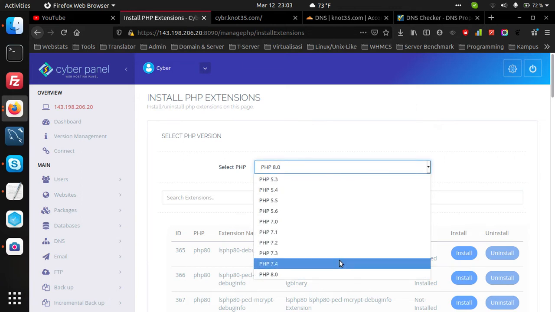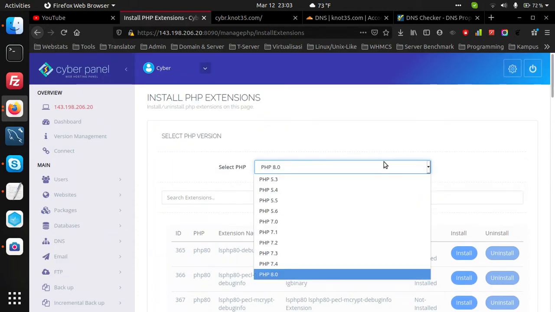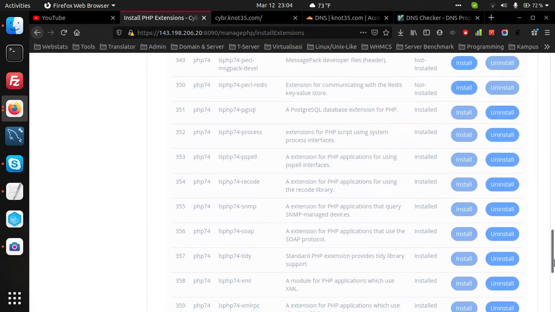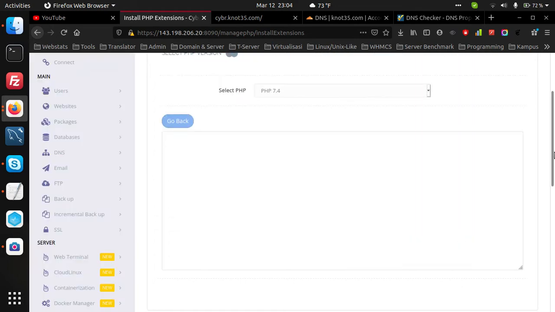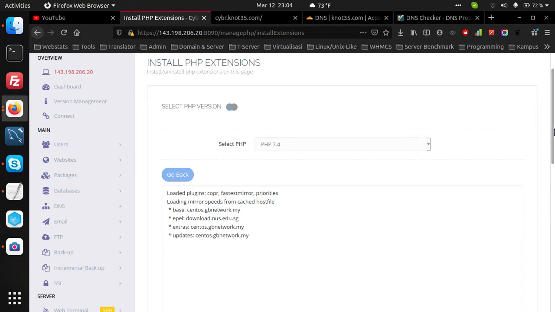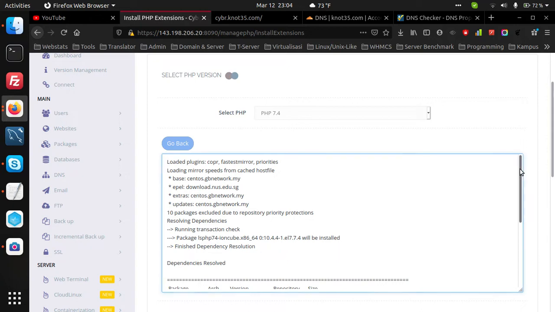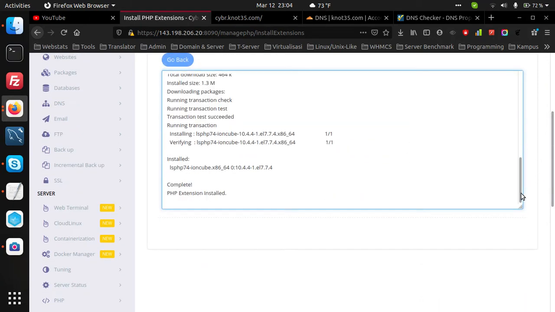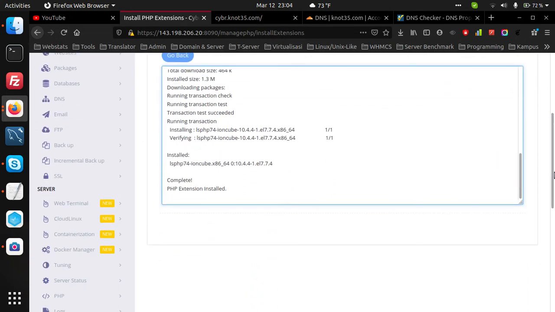or for a server, you can select PHP 7.4, and you of course need to install the IonCube Loader PHP extension. Some templates and plugins and modules usually need IonCube Loader.